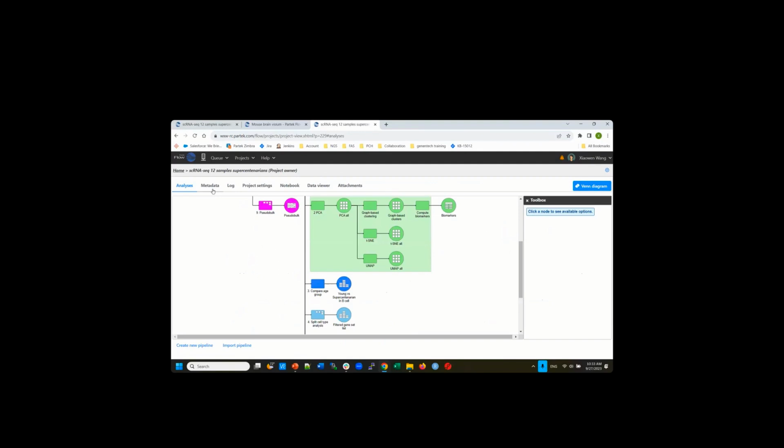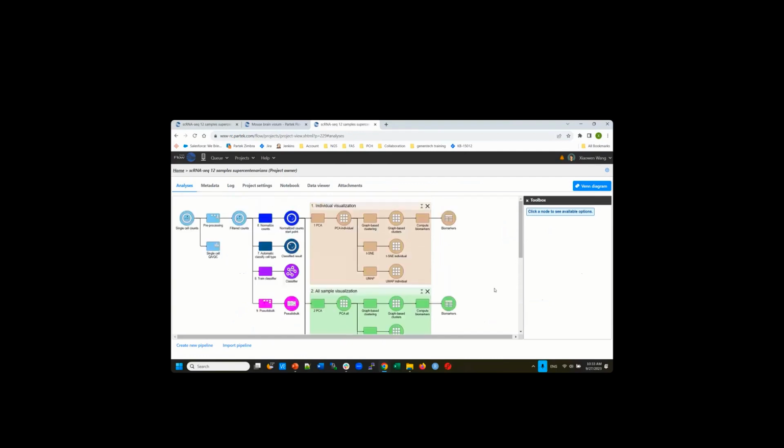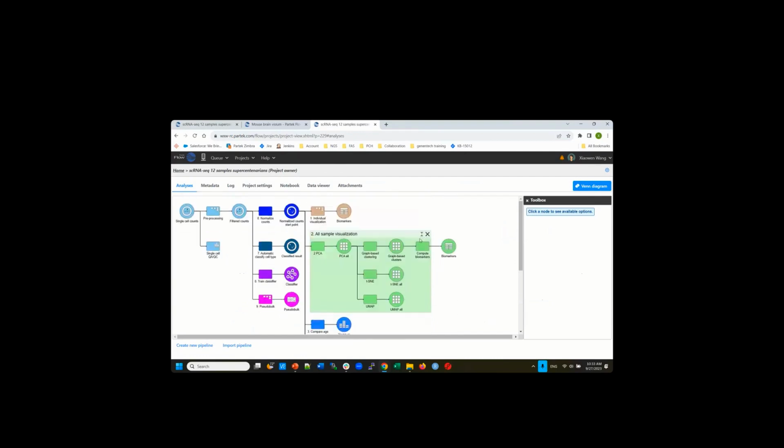You really don't know, some signals might be canceled. Maybe this gene in the old people shows upregulated in B cells but downregulated in T cells. But if you use bulk RNA, you won't be able to see that. That's why single cell gives you a high resolution to look at each individual cell type,